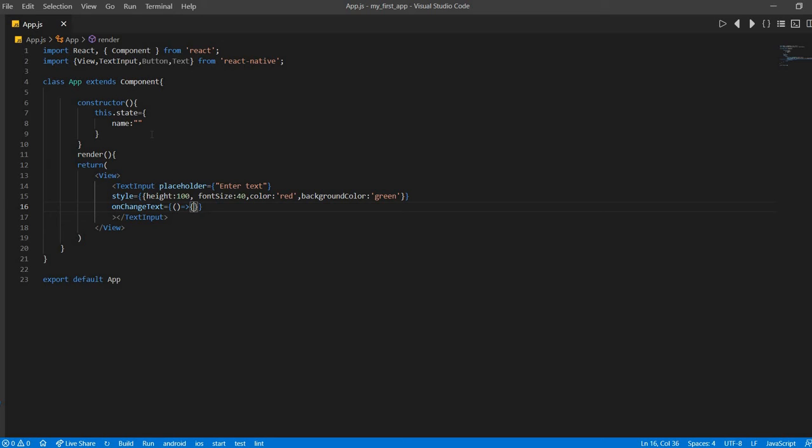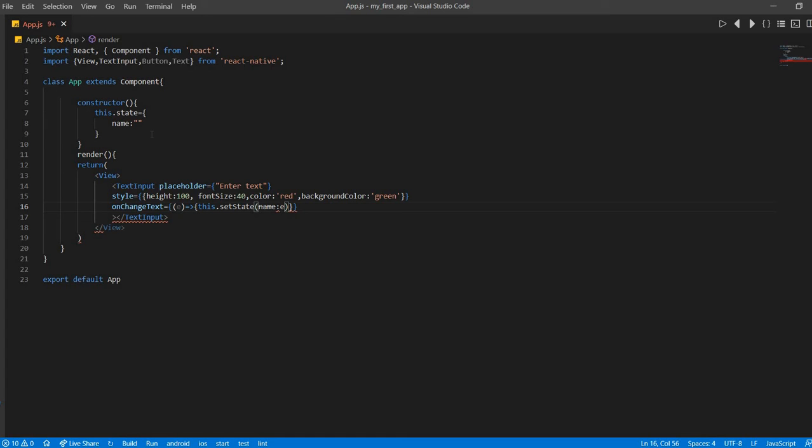Here. Actually this e is the text, meaning the characters we have entered, and setState here, name equal to e.